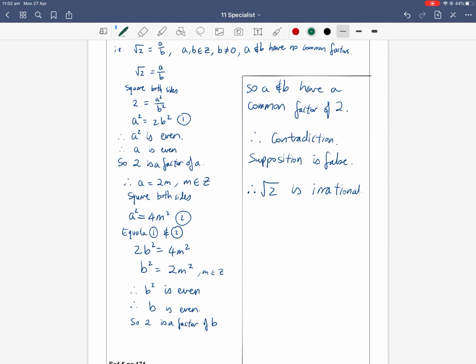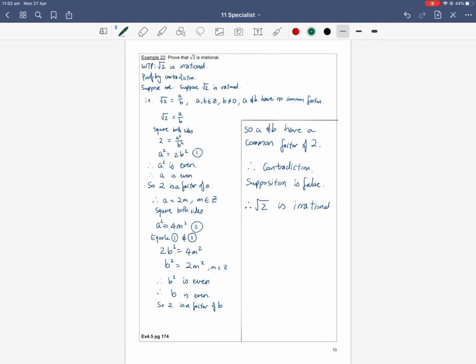If you look at a textbook on page 171, there's a different way of proving it. Not too much of a fan of that way, but